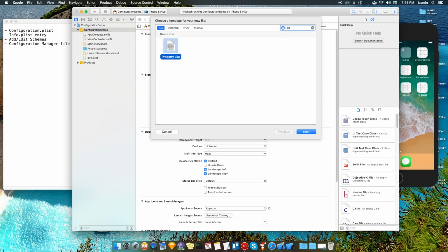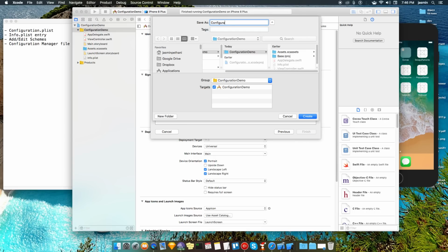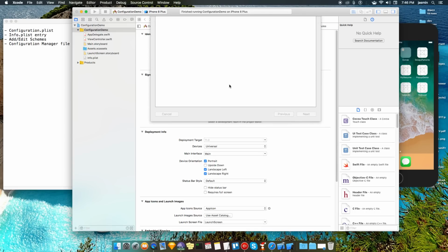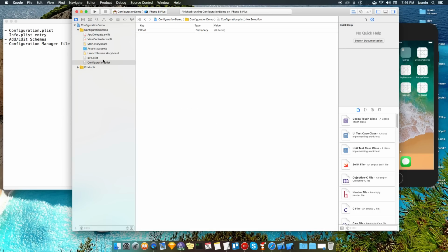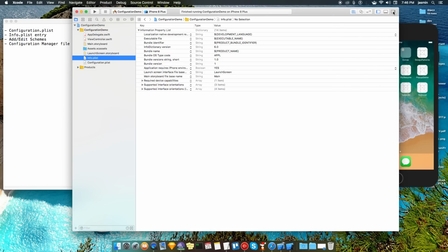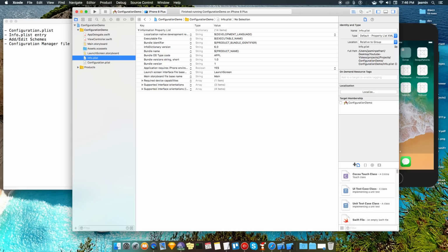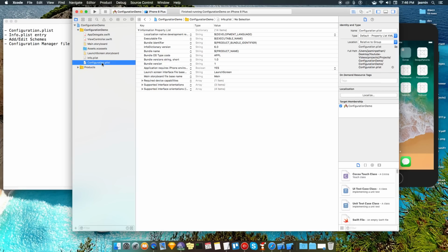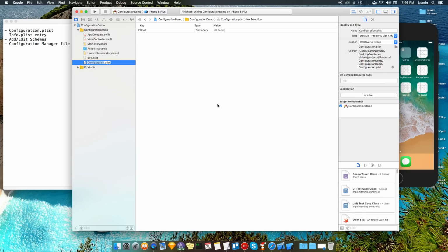You can give anything you like. I have given configuration, and done. Here we have given a name to our application configuration file.